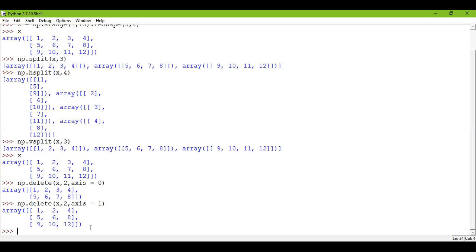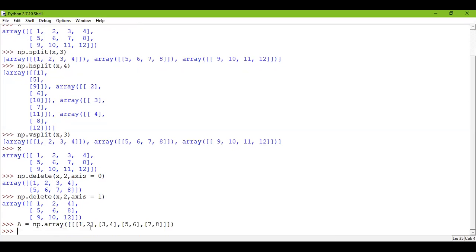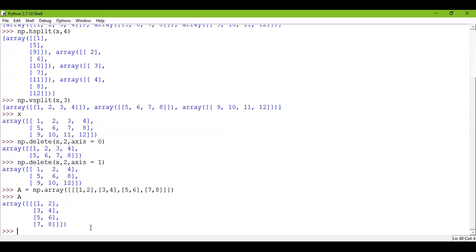Finally, just a simple thing I want to do and end today's class. Suppose I take np.array and I make an array 1, 2, 3, 4, 5, 6, 7, 8. Okay, I have taken this array. Fine. Now let us check how my array has been formed. It's okay. Now, if I want to just find out the sum, I'll write, say,